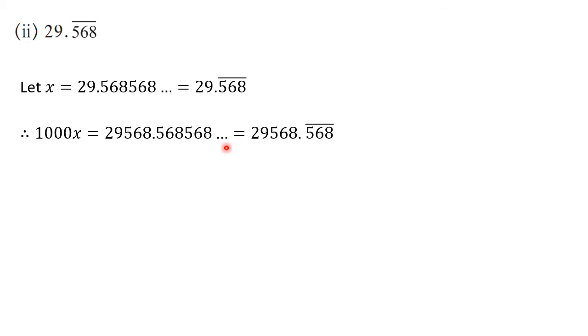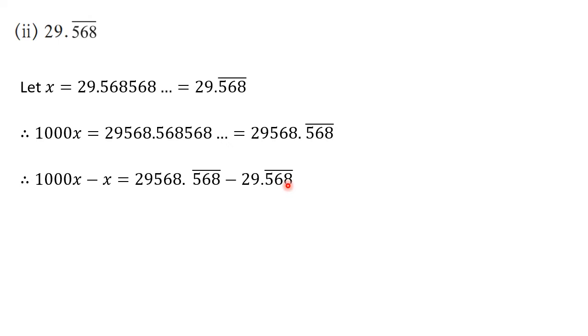29,568.568568 and so on, which we can write as 29,568.568 recurring. Okay. So all the steps are similar, you know that. Now the next step you can easily solve, you have to go for subtraction. So what we are going to do is 1000x minus x on LHS here, and here 29,568.568 recurring minus